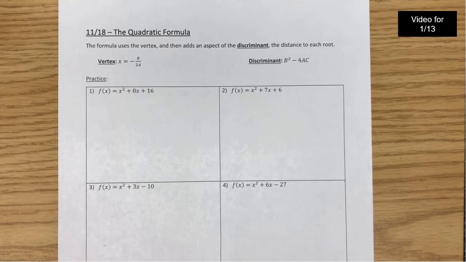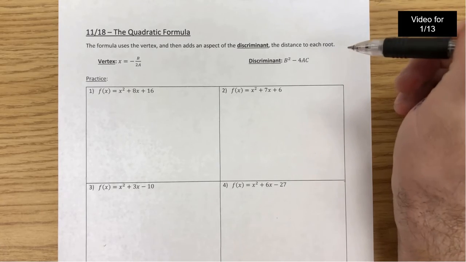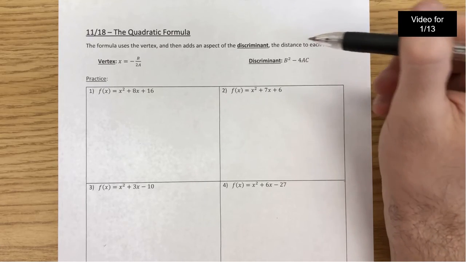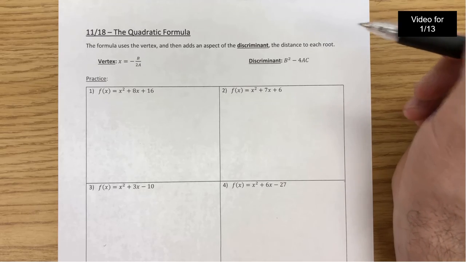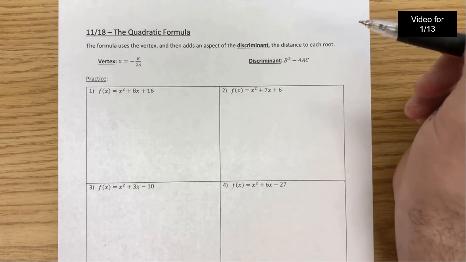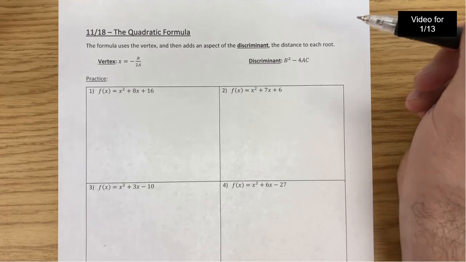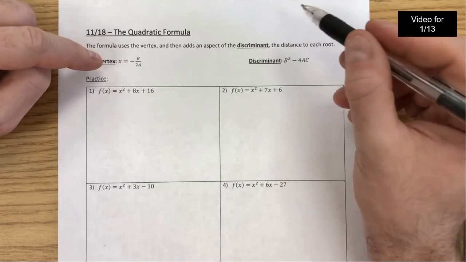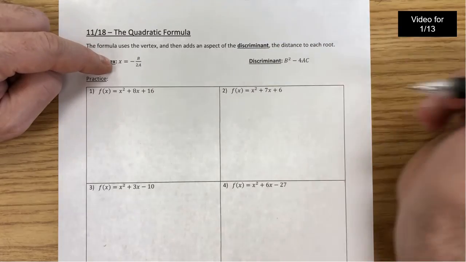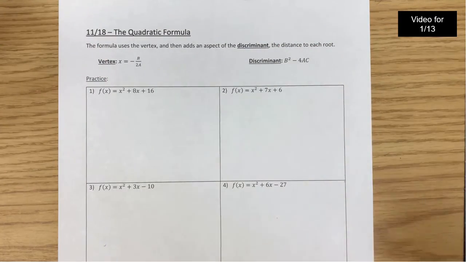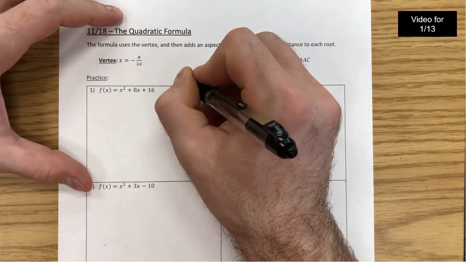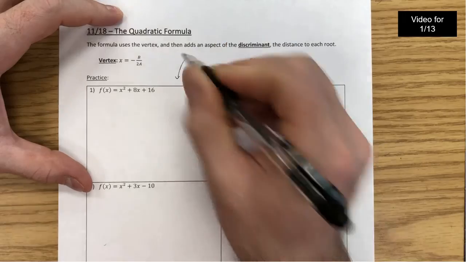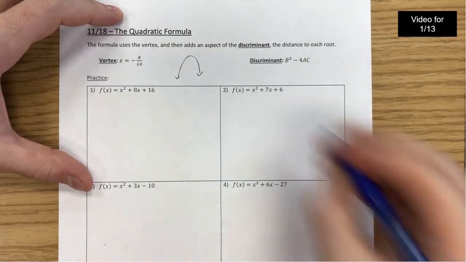So today we're going to introduce the quadratic formula. Now, this is an incredibly important formula because it's going to break down a really big aspect of what we normally hand factor for, and it's going to allow us to find the roots of any quadratic, regardless of whether or not it can be hand factored. And it's based off of the idea of something called the vertex and the discriminant. Now, without getting into too complex of an analysis, the idea behind any quadratic is if I have a quadratic and I have my, let's say,